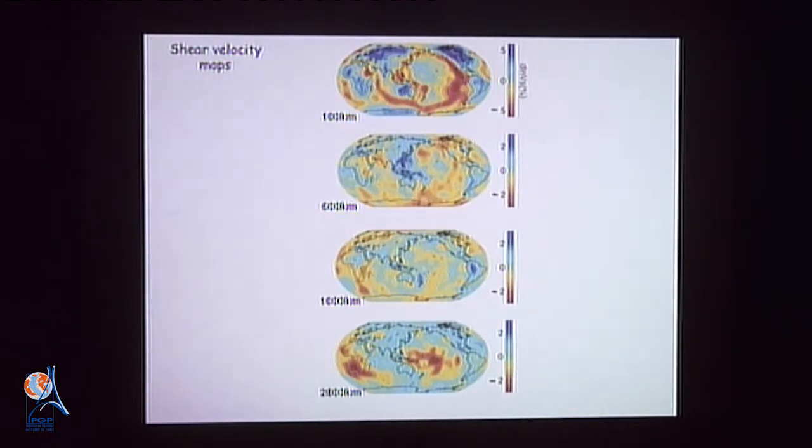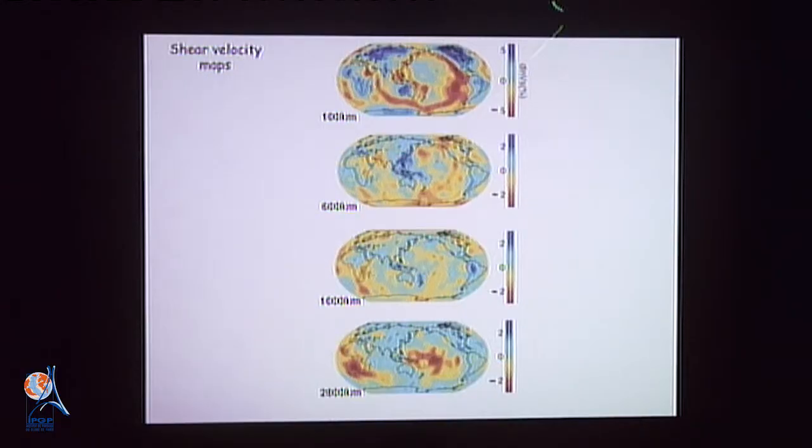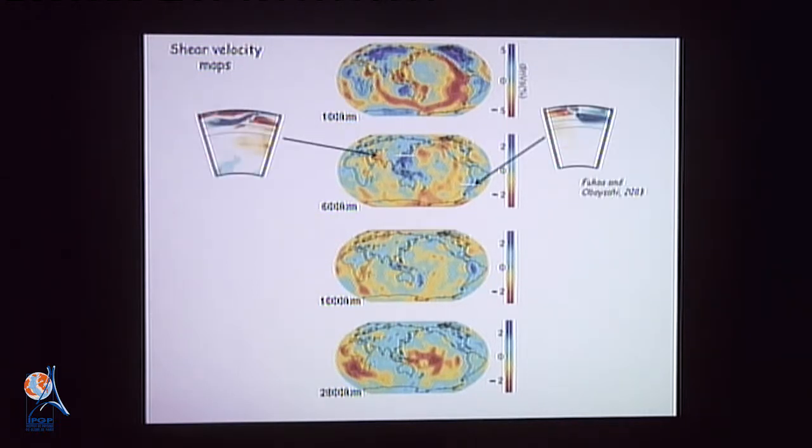And I just wanted to start by reminding you of the main features of the mantle structures that have been found and on which all the groups that are doing tomography basically agree. So this is the same map I showed at 100 kilometers. If we go deeper, at 600 kilometers, this pattern of plate tectonics has already disappeared, and what's left is fast velocities here in Western Pacific and South America that manifest subduction zones,